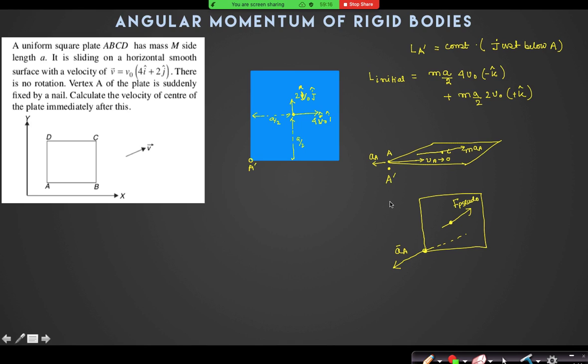And that pseudo force will be impulsive because the acceleration is of very high magnitude. Yes or no? So can we conserve the angular momentum about A, which lies on the plate? So one thing is that the direction of the force on point A is the same as the direction of acceleration of point A. We can say this. Yes, definitely. So then, if we assume that the direction of force is not just opposite of the direction of velocity when we consider the point A,